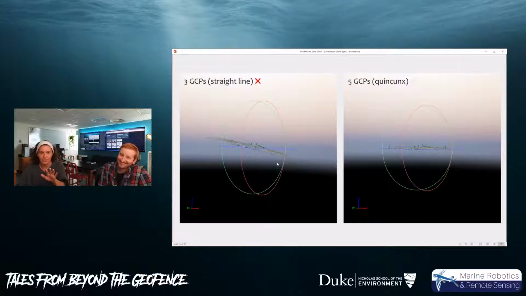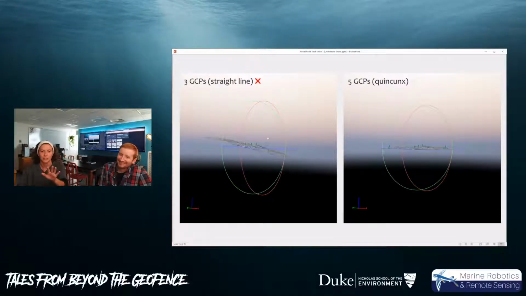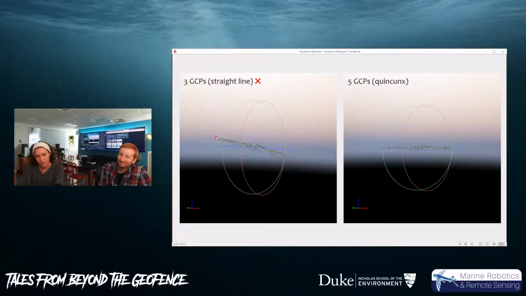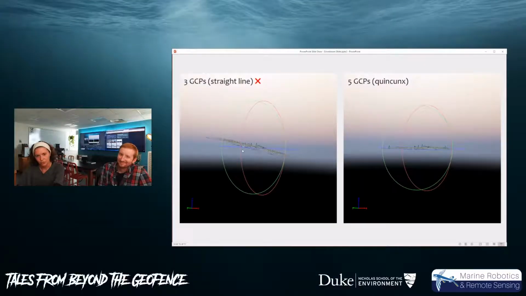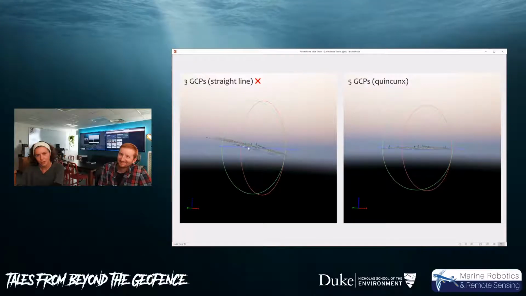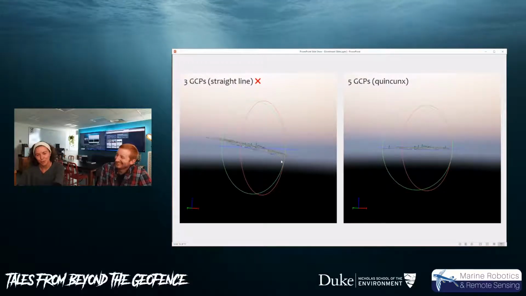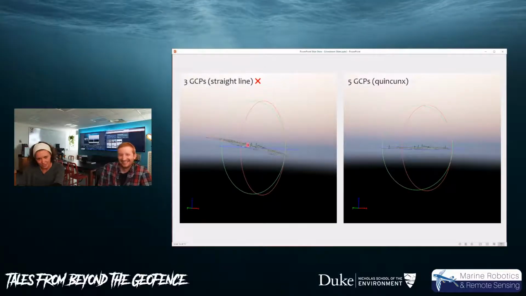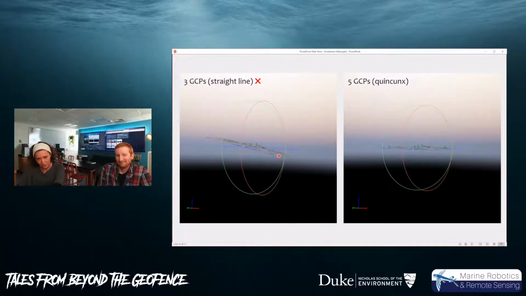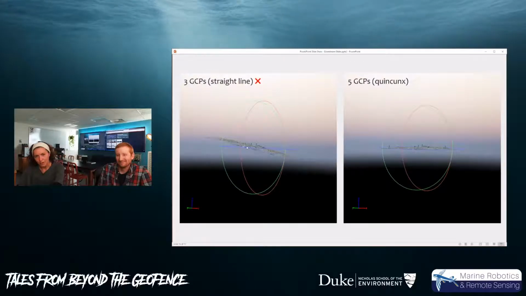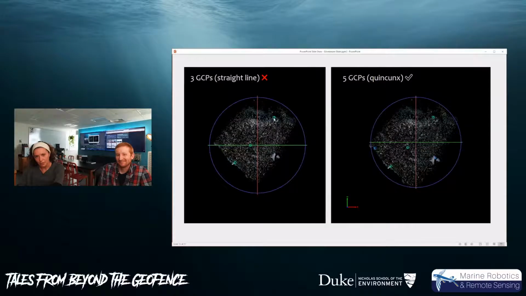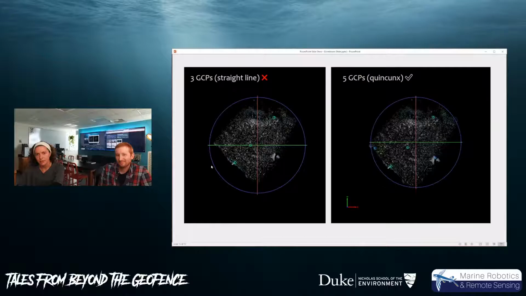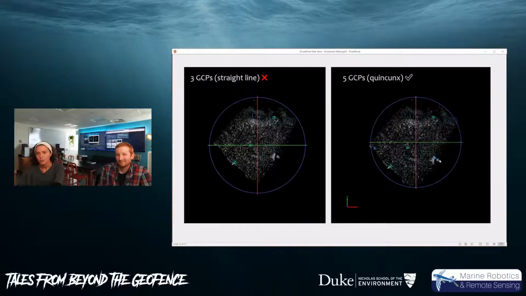So on the left is the erroneous situation we're still talking about. You can see the whole surface is tilted. The 3 GCPs are shown down the middle there. In reality, this marsh is not on a hill, but it looks like a big old hill right there. So how we had to correct for this was, rather than having just 3 spaced out in a line here, we had to create 2 more.